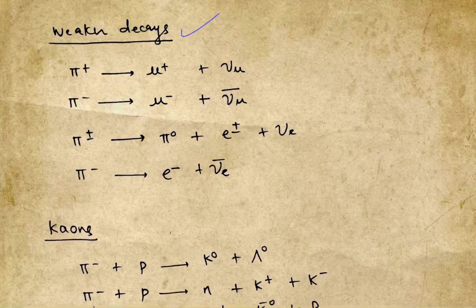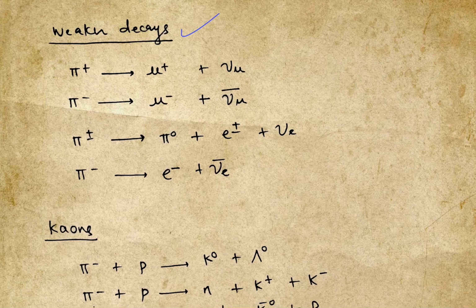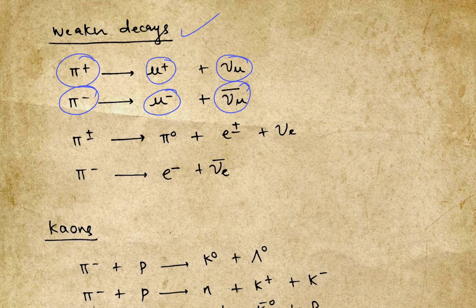Now we also have weaker decays that happen, even when they have low energy. When they have low energy, they don't have enough energy to hold together, so they decay. Pi plus is decaying into mu plus and giving the muon neutrino. Pi minus is converting into mu minus and then giving a muon antineutrino. I have again told you that the minus sign here and this bar sign here are similar, so remember it like that. Then pi plus or minus is converting into pi 0 and then electron plus or minus to conserve the charge, and then